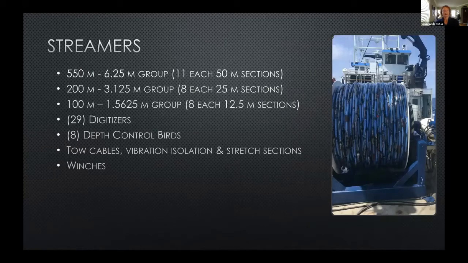Then on the acquisition side of things, this is our streamer inventory. And again, this is a combined inventory of the East Coast and West Coast. We've combined them on several cruises in cooperation, so they all work together pretty well. And like I said, the picture there is the East Coast, Woods Hole's new big streamer reels. They can carry quite a bit on that.